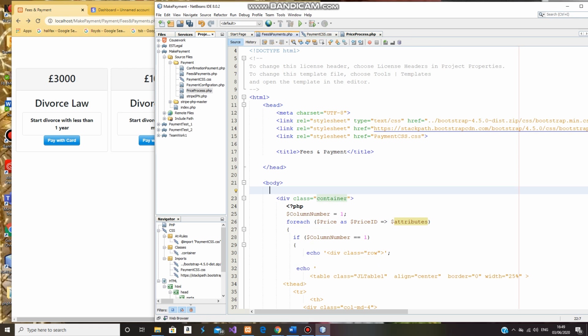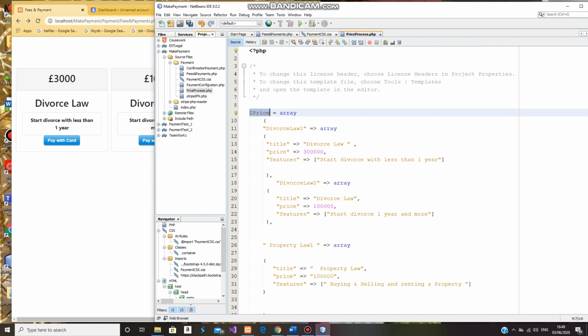As I mentioned before, I use Bootstrap version 4.5.0. If you want, you can search through Google to download Bootstrap, and maybe you will find a newer version than this. Yes, you can use it, or if you want to use the same one, that's absolutely fine. This is one. When we have got the price,